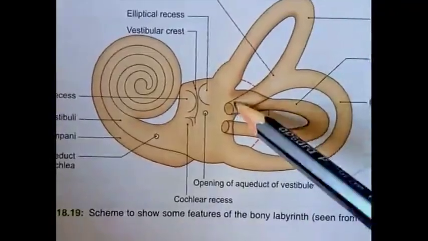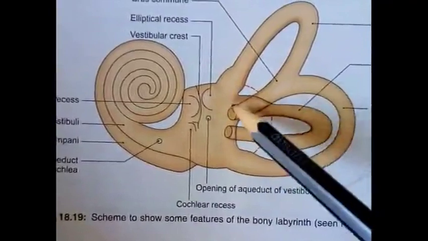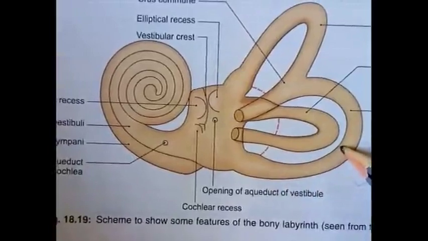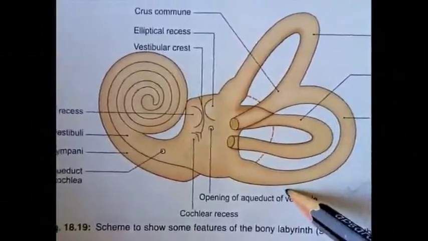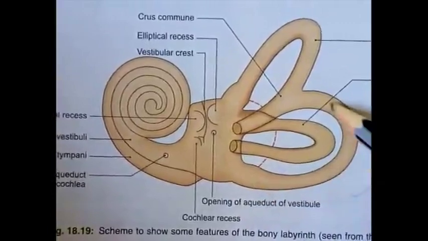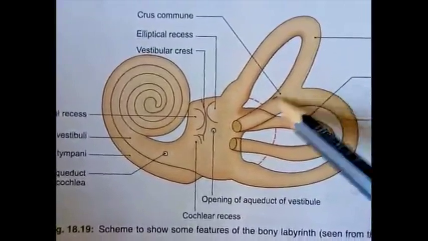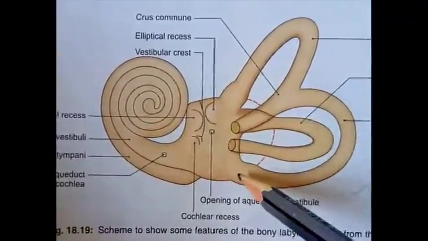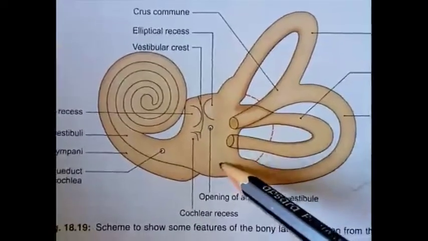Posterior semicircular canal lies in a vertical plane, but that plane lies parallel to the long axis of the petrous temporal bone. It is convex backwards, and its ampulla lies inferiorly, and upper end of it joins the anterior canal to form crus commune, which opens into the vestibule, and its ampulla portion also opens into the vestibule towards its inferior aspect.